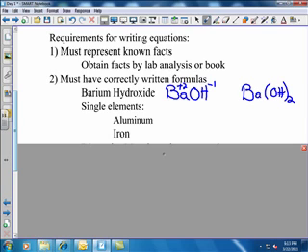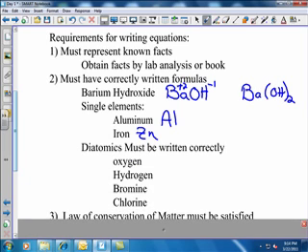Ba(OH)2. The other thing that's going to happen to us a lot is you are going to have single elements. And when you have single elements in a reaction, you just write them as the element symbol. So aluminum is just Al, iron is just Fe, zinc is just Zn. And then the third thing that's going to happen